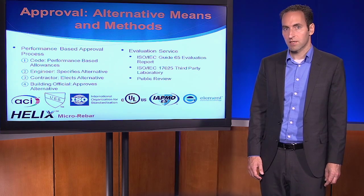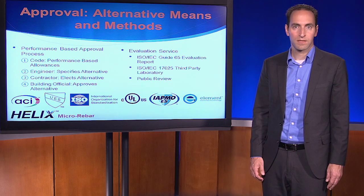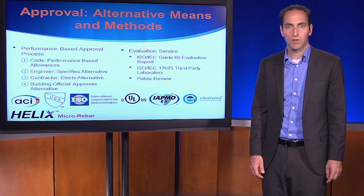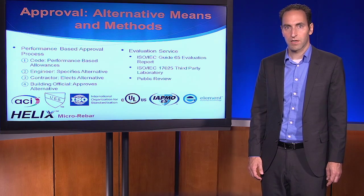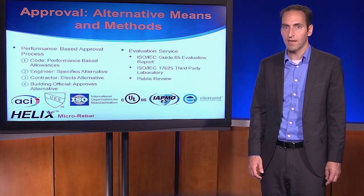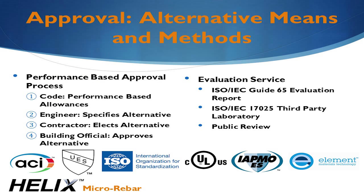In an effort not to stifle innovation, even the most prescriptive codes have a statement that says that you can use alternative methods and materials if you can show that they perform at least as well as the design provided in the code. The American Concrete Institute recently clarified that Helix may be used in any application provided it meets this requirement. To make this process easier for you, we worked with Uniform ES, an ISO certified product reviewer, to